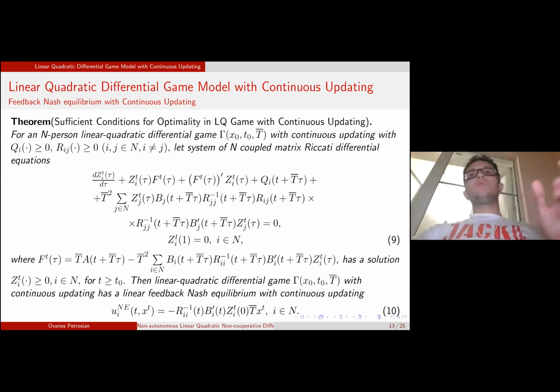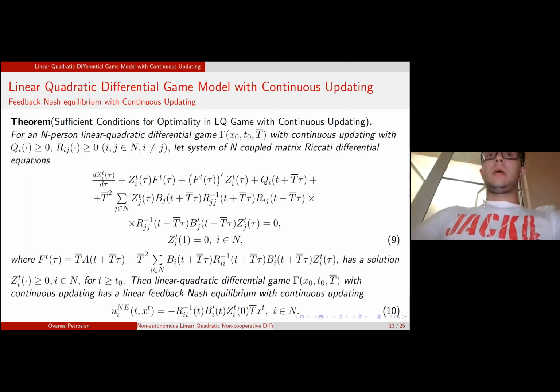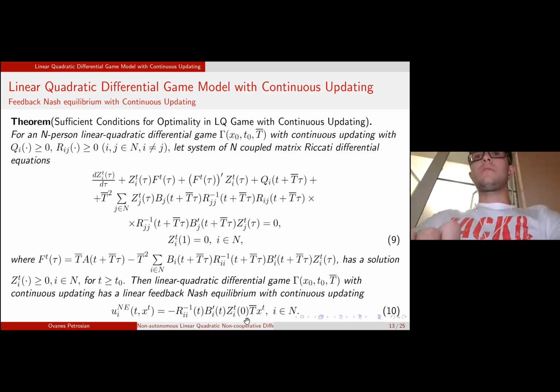So we need to solve this Riccati differential system only one time to obtain the Nash equilibrium. Okay, next important thing is that...